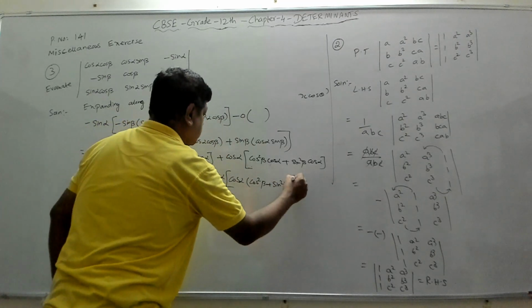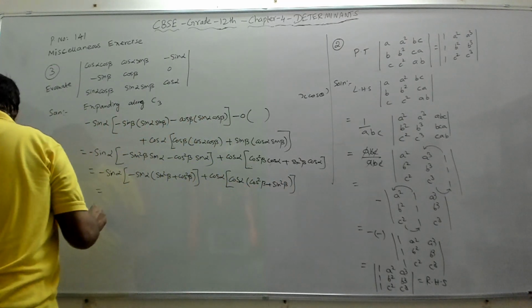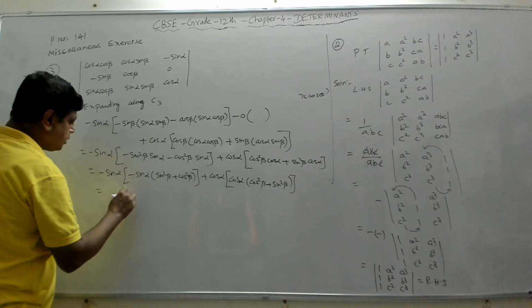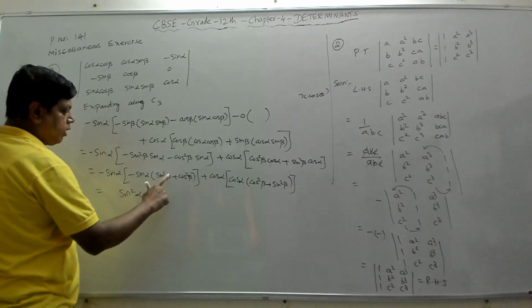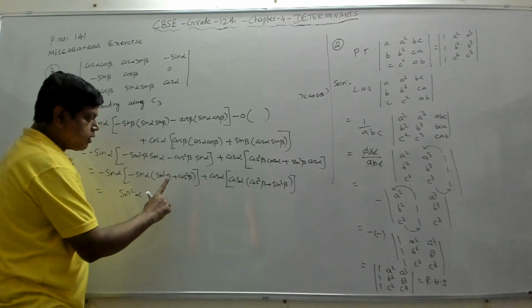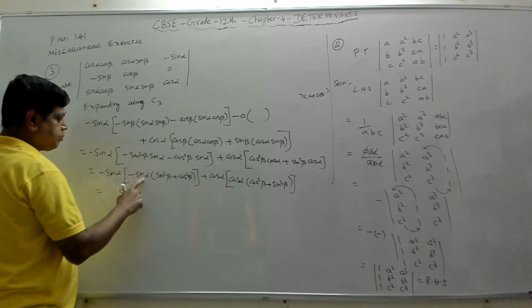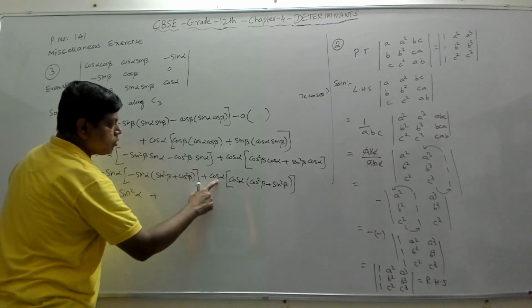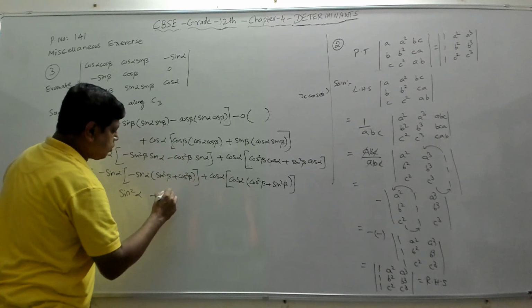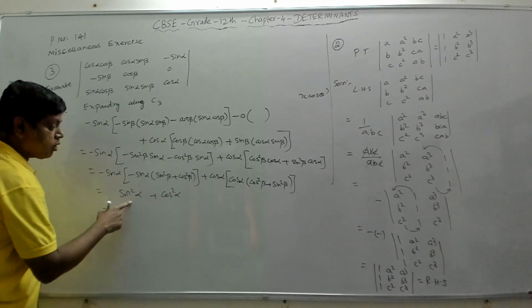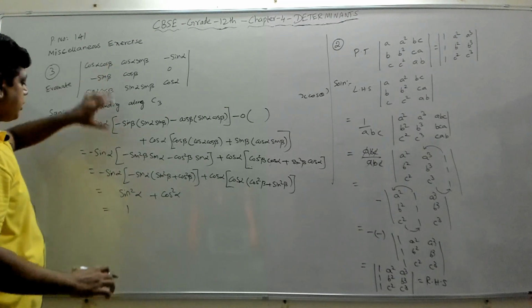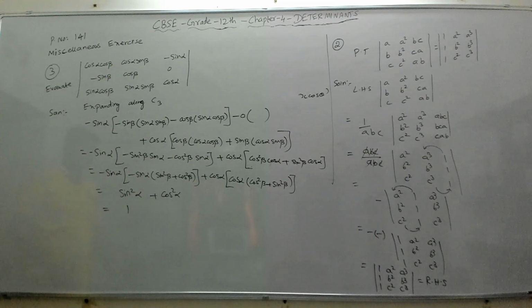So now, this becomes minus sin alpha into minus sin alpha will become sin square alpha. This is 1. Sin square beta plus cos square beta is 1. So this will become only minus sin alpha into minus sin alpha is sin square alpha, plus this will become 1. So cos square alpha plus cos alpha into cos alpha is cos square alpha. So finally we will get sin square alpha plus cos square alpha, which is 1. So that is the value of the determinant. The value of this determinant equal to 1. Final answer is number 1.